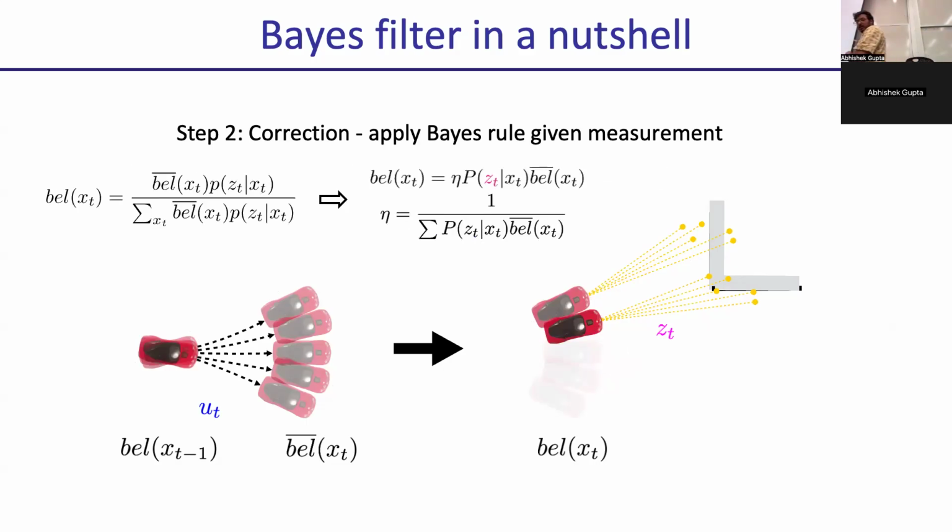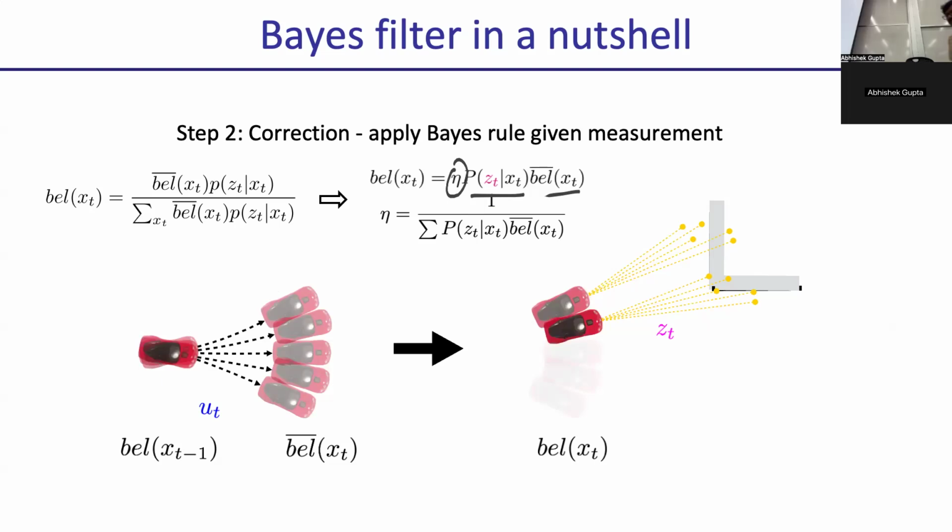Okay, so let's work through what this looks like. Right, so we want to express belief in terms of belief bar, right? And the answer is going to look like this, and we're going to work out how to get there. The answer is going to say that my belief is equal to some normalizing term, the normalizing term gets a little confusing, so let's just call it eta for a second. It's going to be eta times P of ZT given XT times belief bar at XT. So it's going to say, let me take my belief bar and weight it by the likelihood that that measurement was produced by that state.